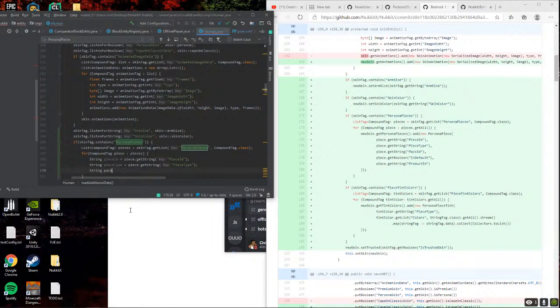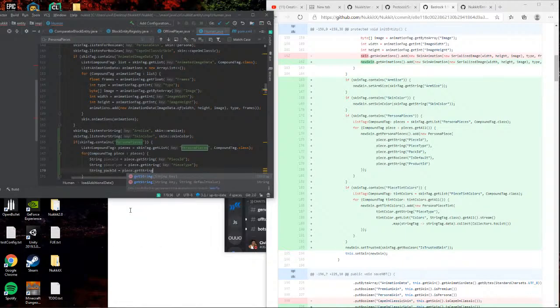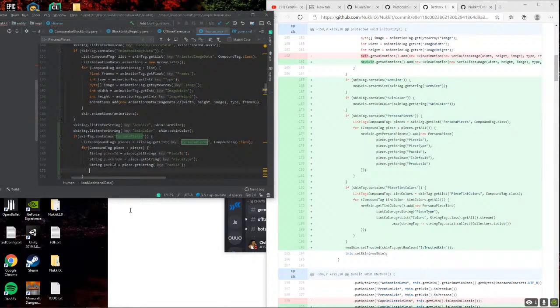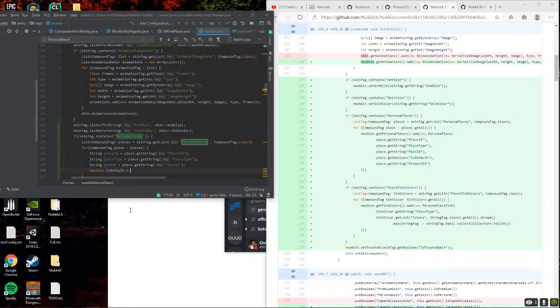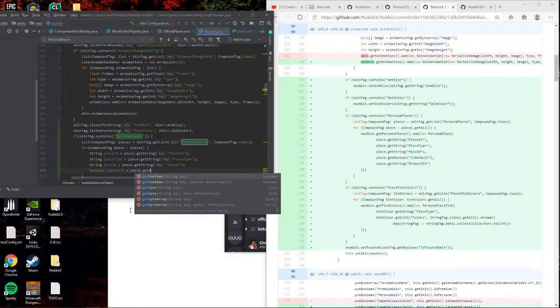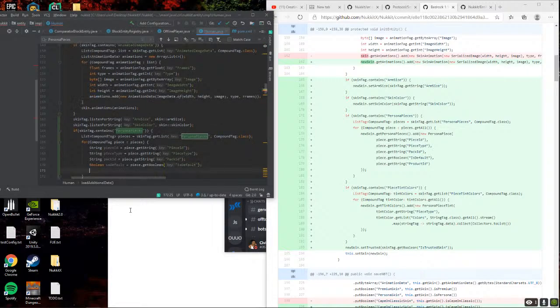String pack ID is equal to piece dot get string pack ID, and boolean is default is equal to piece dot get boolean is default, and then string product ID is equal to piece dot get string product ID.